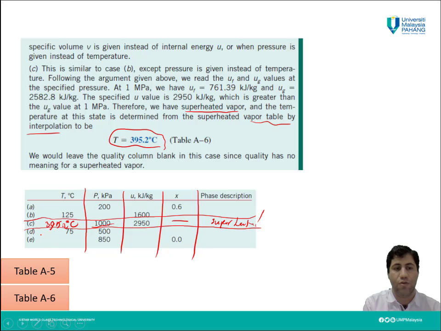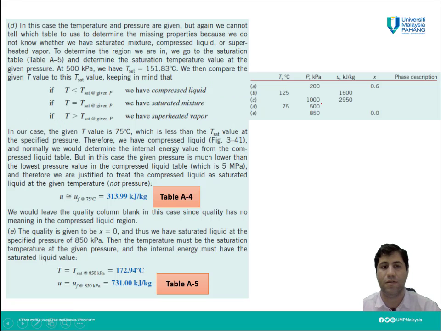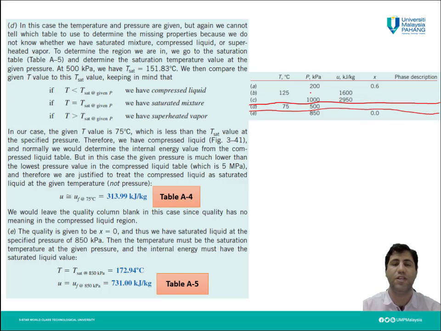And what about part D? In part D, what we have here actually is the temperature and pressure. And we don't know how much is U, how much is X, and we don't have any description about the phase. What we need to do here, we should select which one of temperature or pressure can be the basis for us. But usually it's better to select T and refer to the table which is according to